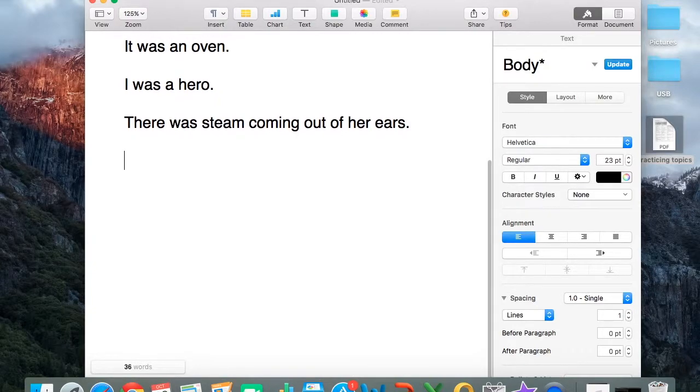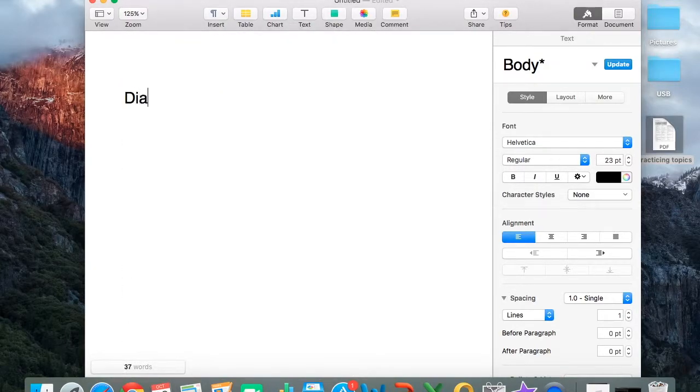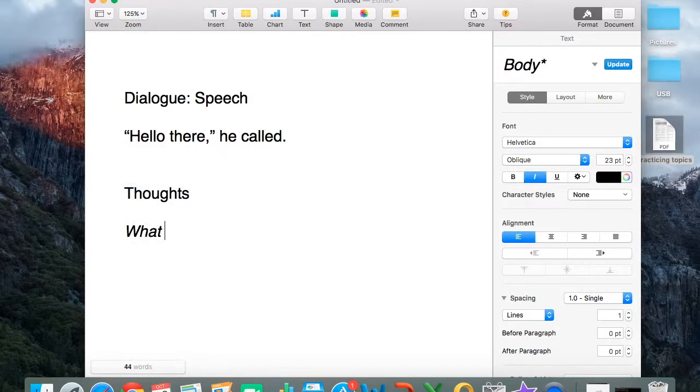I also want you to use dialogue somewhere. I'll know you use this correctly because you would have used the quotation marks. You also have the option, as I've mentioned before, of using internal dialogue. You use this with italics to show that somebody's thinking something rather than saying it out loud.